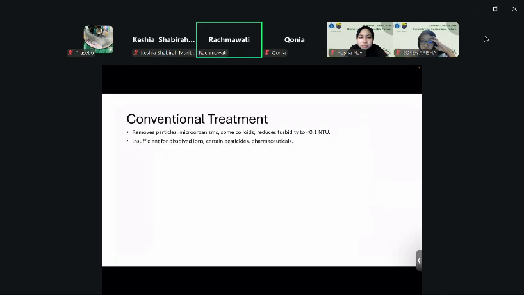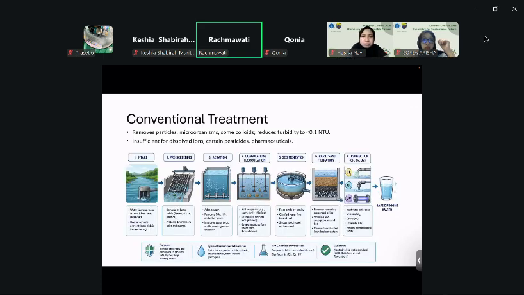But it might be insufficient for dissolved ions because they are too small and hard to precipitate, and there are probably some small organic molecules such as pesticides from agricultural areas or pharmaceuticals that might be dissolved in water. That's probably hard to remove using conventional treatment, because we see, for example, here this is the intake,